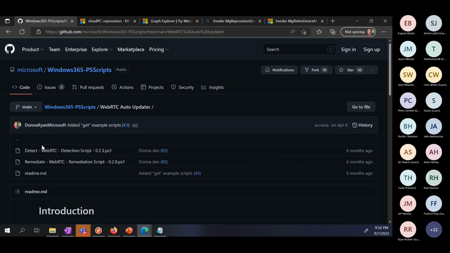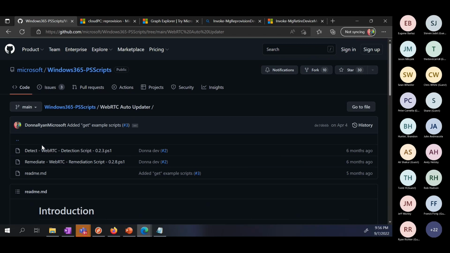Now the problem we ran into is this dumb thing doesn't update itself, and it's not part of Windows, so it doesn't get updated by Windows Update. So how do admins fix that? Well, they can just go ahead and install the new one. But the problem is when you uninstall that, or when you install that, it kills all Teams processes. So you can't just push it out willy-nilly.